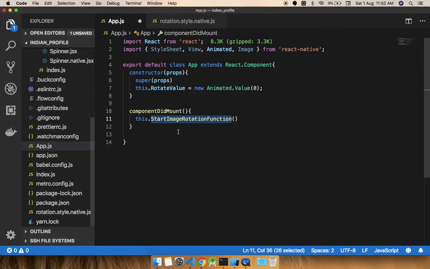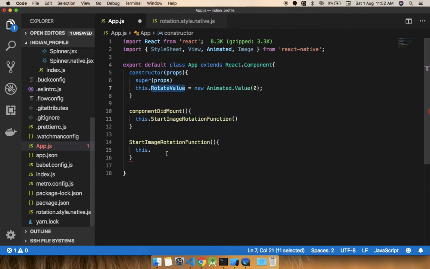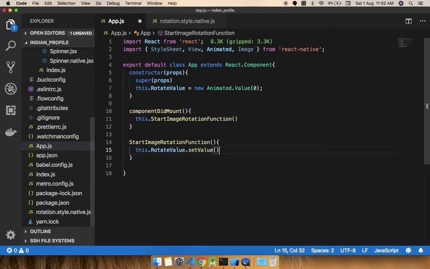Copy this function and make another function like this. This.rotateValue, and this value we are going to set, the default is 0.